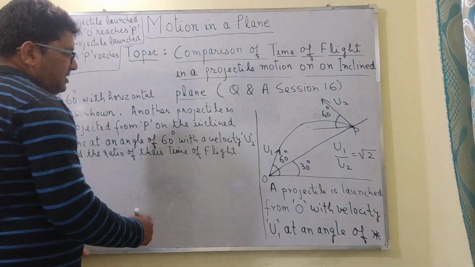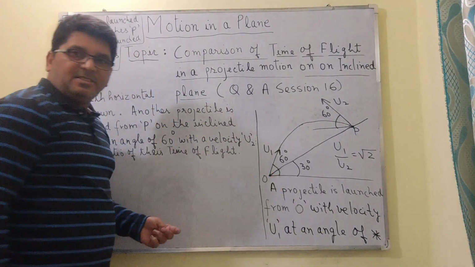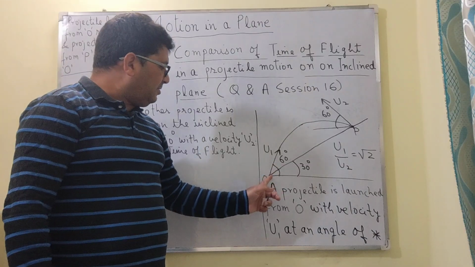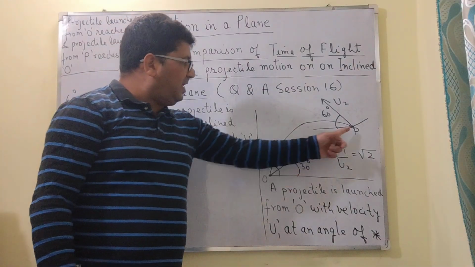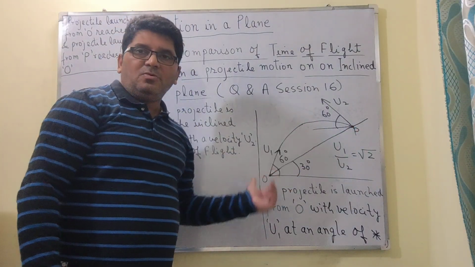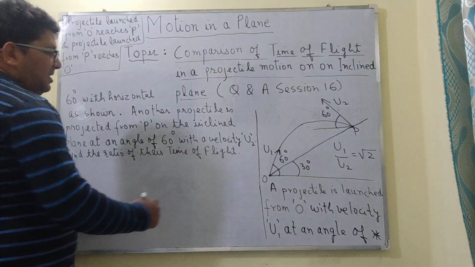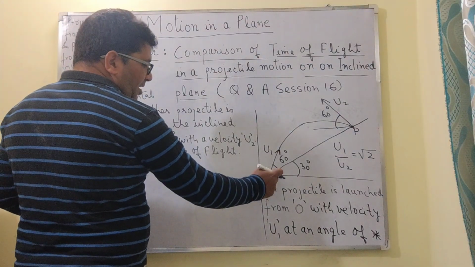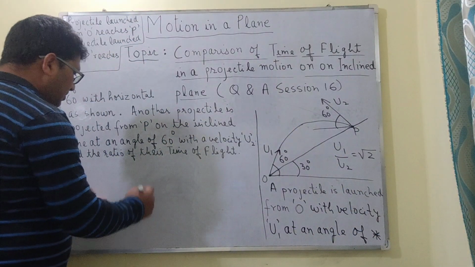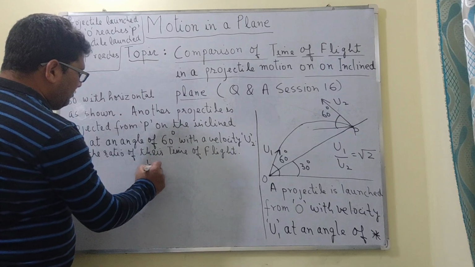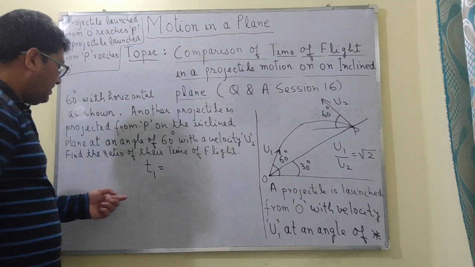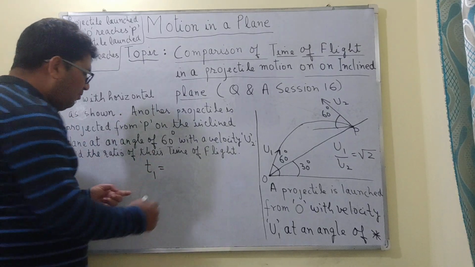Now the time of flight is the time taken by the projectile to reach from O to P or from P to O. So let us take the projectile motion up an inclined plane. In the case of the projectile motion up an inclined plane, let us say the time of flight is t1. So the formula for it is